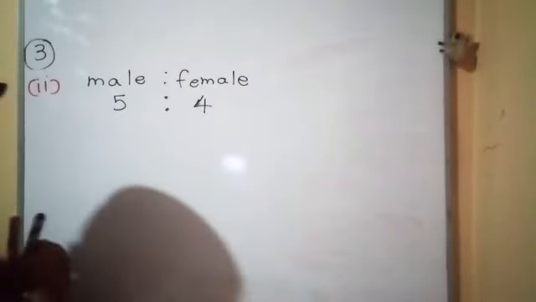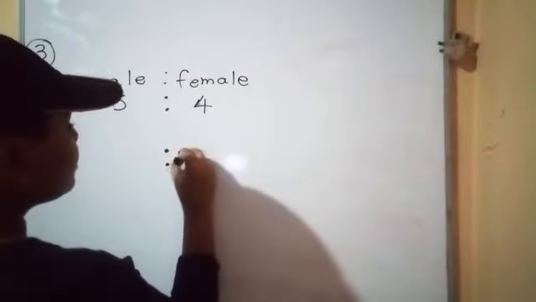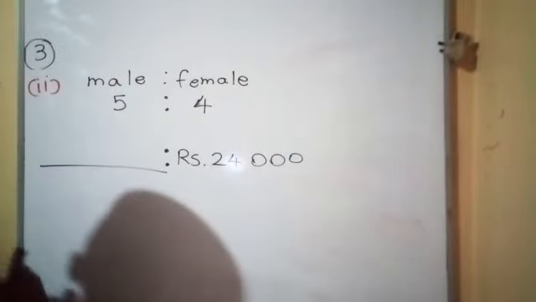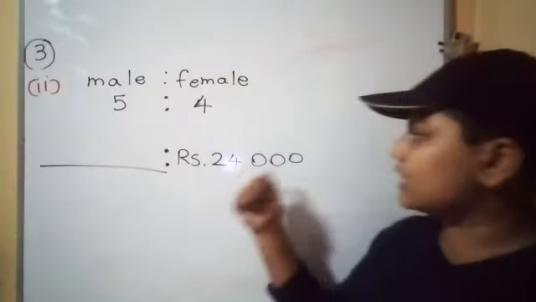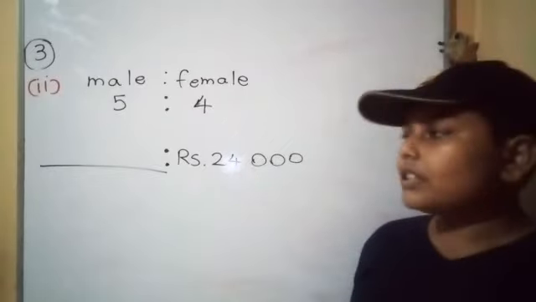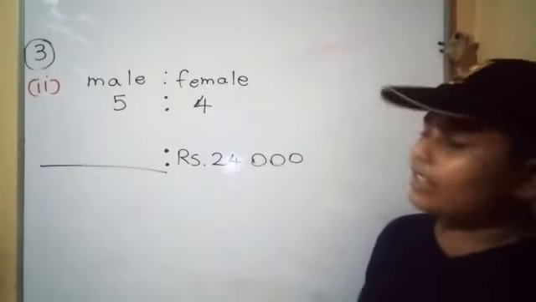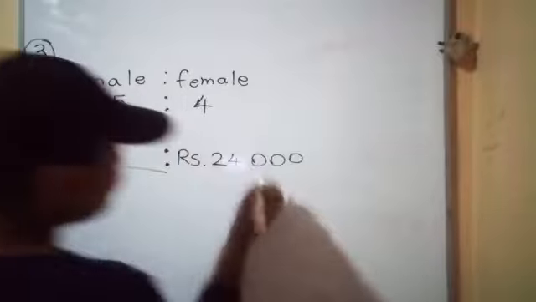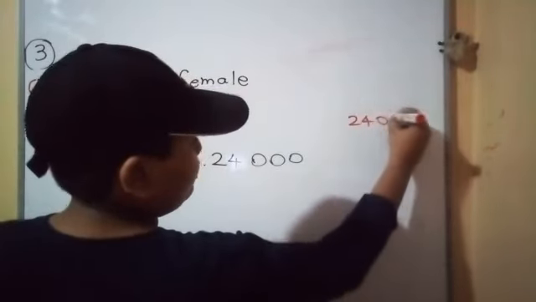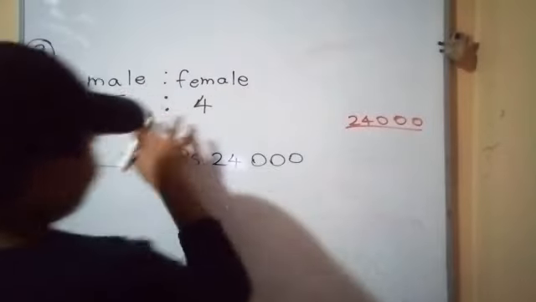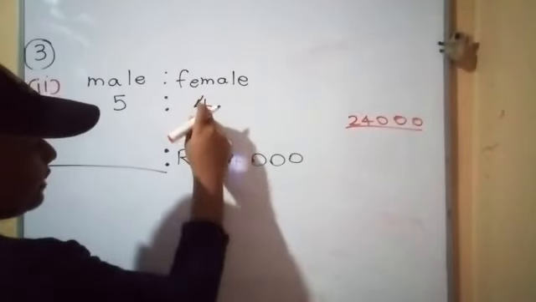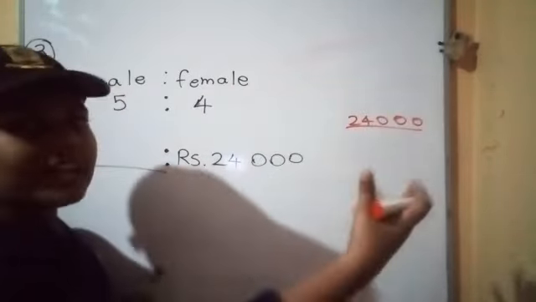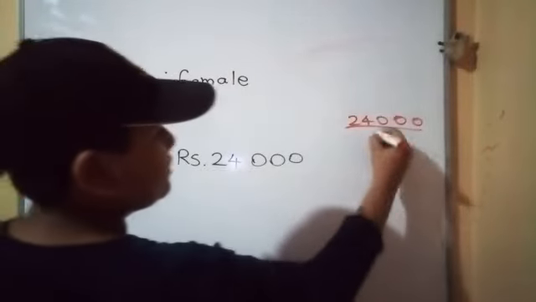Now females have 24,000 rupees. How much salary do the male workers have? Now, female workers 24,000 rupees to one worker. Now find the male worker. Firstly you want to divide this. Now you know both are multiplied. They have a small multiplication of 1. So how many numbers multiply from this? That is for the divide by 4.